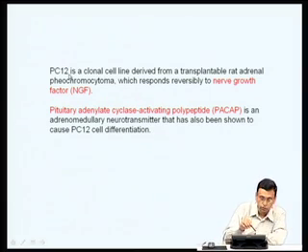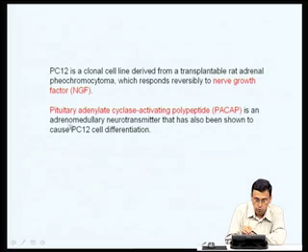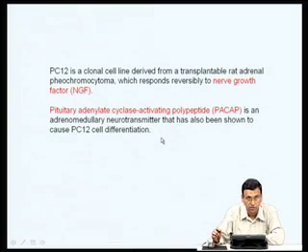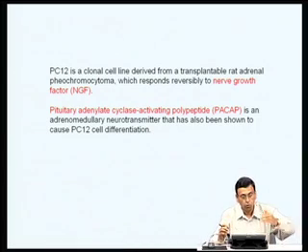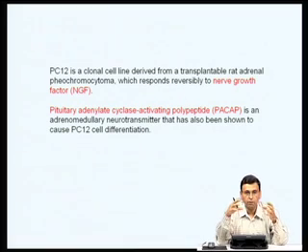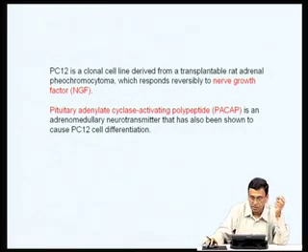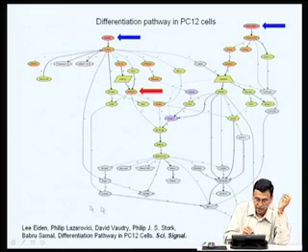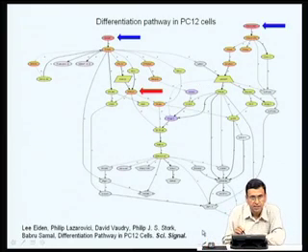In addition to nerve growth factor, another important effector molecule called pituitary adenylate cyclase activating polypeptide, PACAP, which is also an adrenomedullary neurotransmitter, has also been shown to cause PC12 differentiation. Now, the mechanism by which both NGF as well as PACAP activate this differentiation program of PC12 has been very well worked out and has been summarized in this particular cartoon taken from the Science Signaling website,